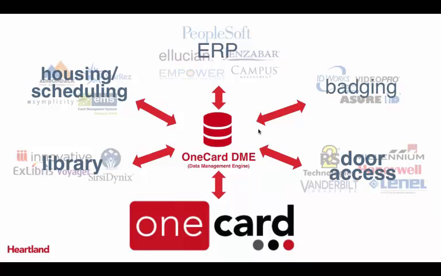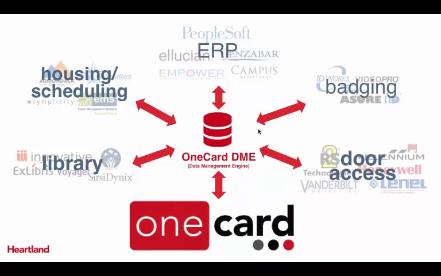So as you can see here, the OneCard DME is communicating to the ERP system, to various badging solutions if you're not using the OneCard ID badging solutions, to third-party door access solutions, housing and scheduling management solutions, library systems. It will take that data, build the logic within the OneCard DME as part of that business rule, update OneCard, and then update the other systems. This allows your data to consistently be in sync and the privileges assigned where they need to be in the